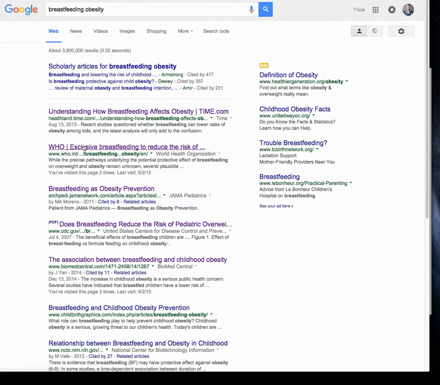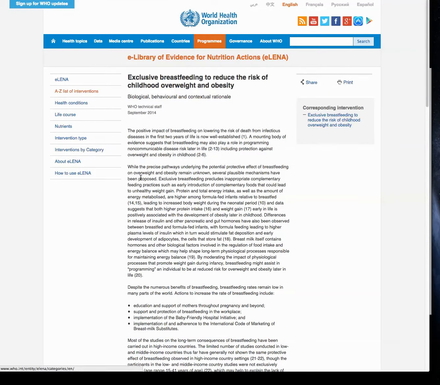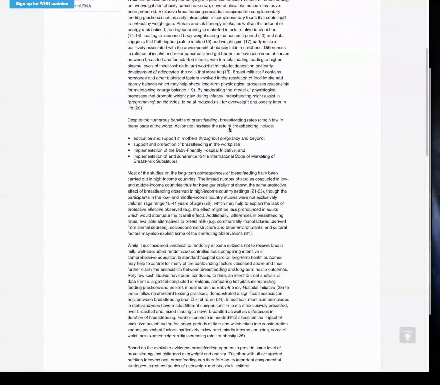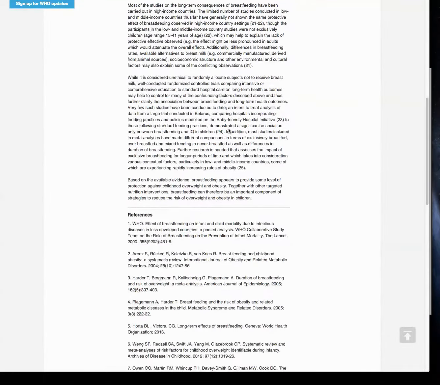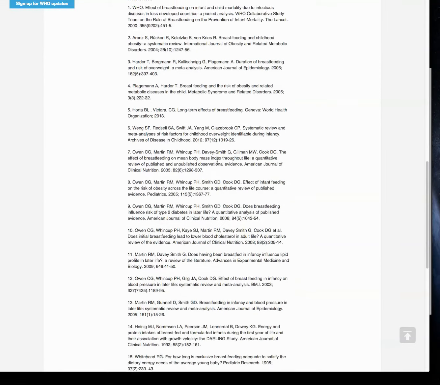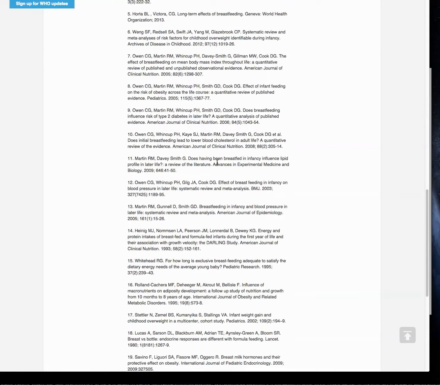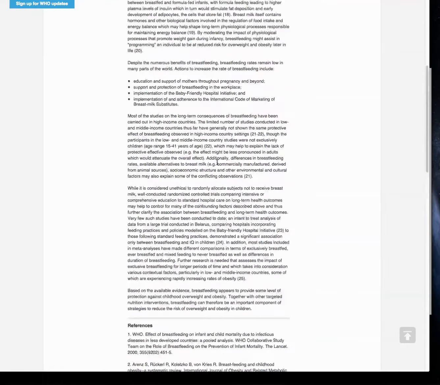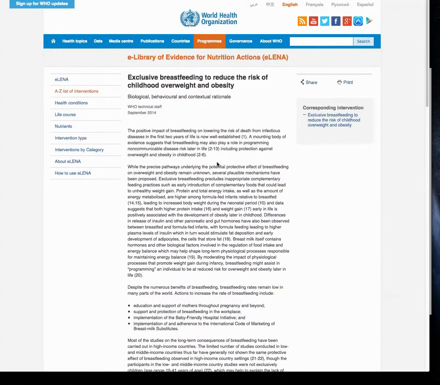Now, if we look down the list, we see the second source is from the World Health Organization. And this one is a little bit different. So we immediately recognize the international organization, the World Health Organization. We can also see that this is an in-depth article, and then at the end it has references. So they're not just giving us a story or giving us a perspective, they're actually giving us the evidence as well for why they're saying the things they're saying on this page. So this would be considered authoritative.